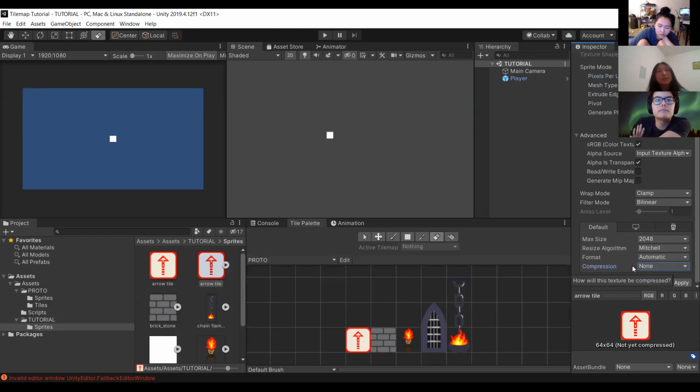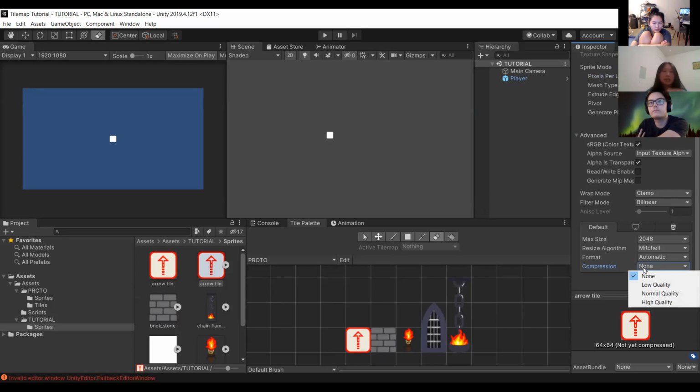Compression essentially is a way for Unity to save space on the images that you're using. It'll do some complicated math behind the scenes, and it'll essentially guess the colors that you're using. We don't want any of that because our sprites are so small that we don't need it. Obviously, change them depending on the sprites that you're using in later projects, but for right now, we're setting it to none. And then we're going to click apply.